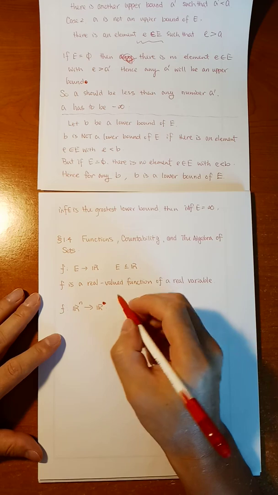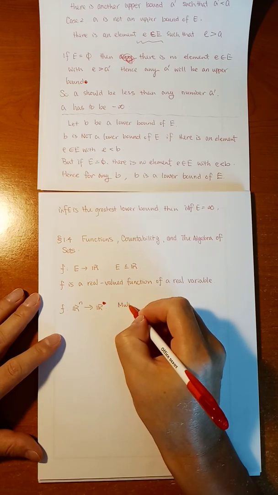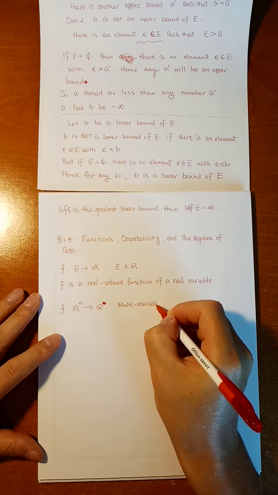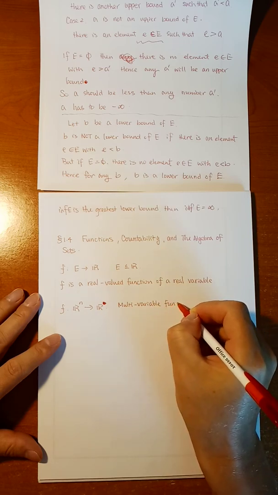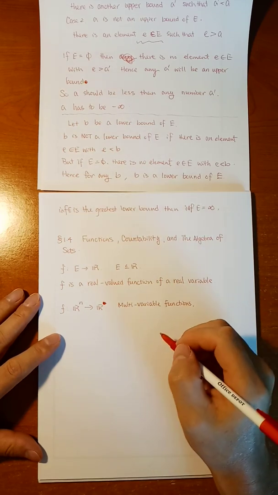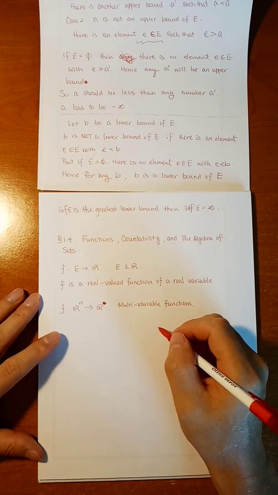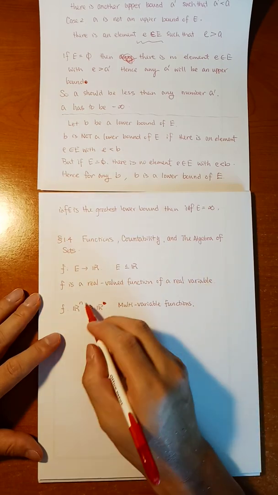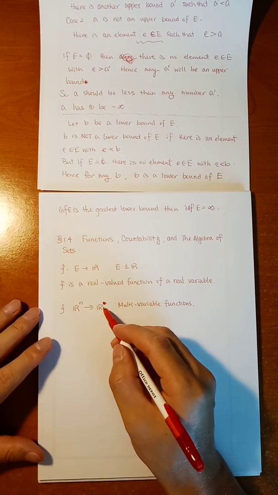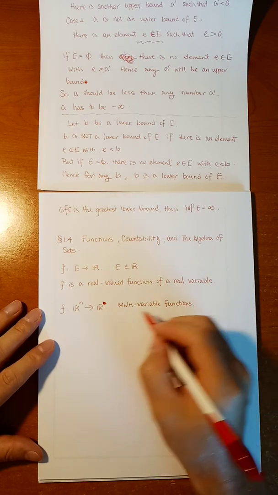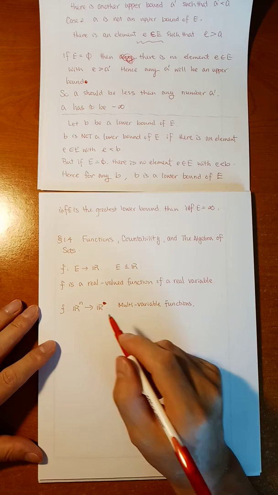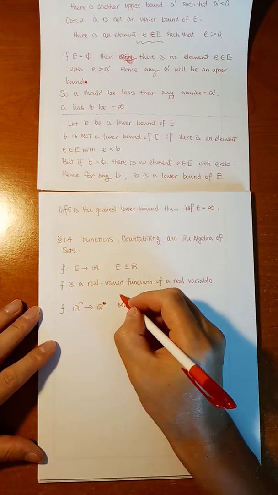Remember that in Calculus 3 you have multivariable functions, and you have partial derivatives, right? So when the domain is a subset of Rn, it's multivariable. And here we didn't emphasize it, but it's also actually a